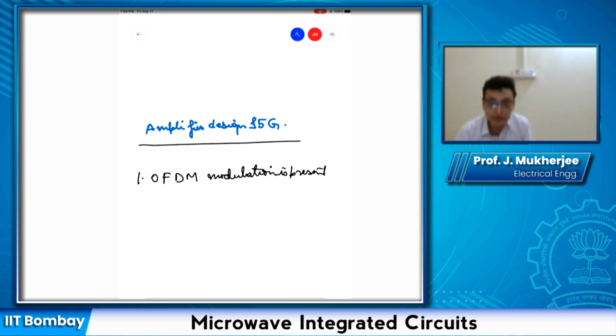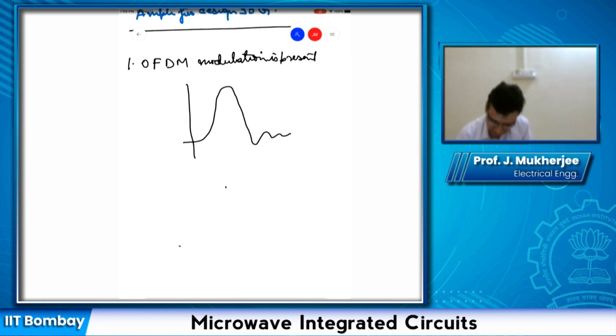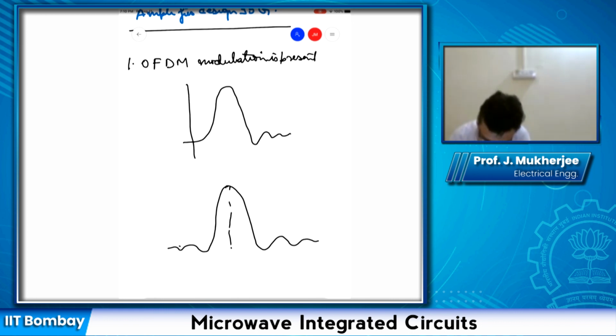Now, I don't want to go into the details of OFDM modulation, just to let you know that OFDM modulation has somewhat a structure like this. So there is a center frequency,